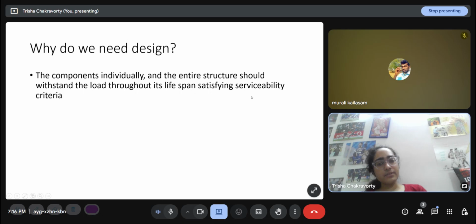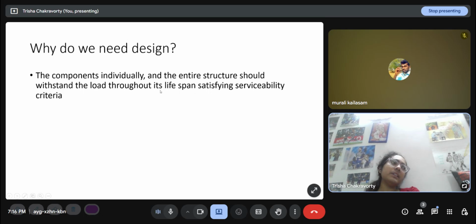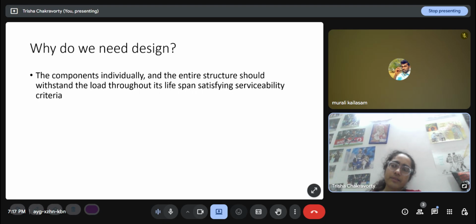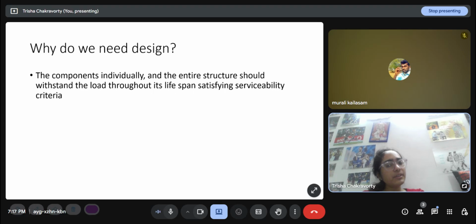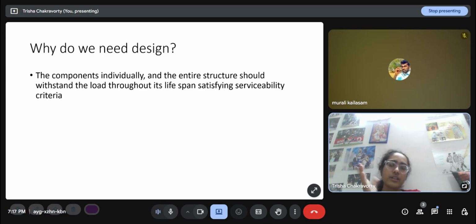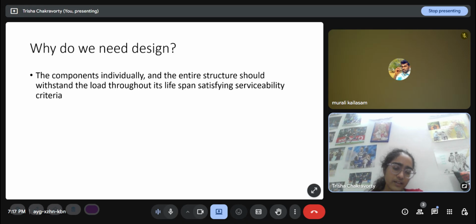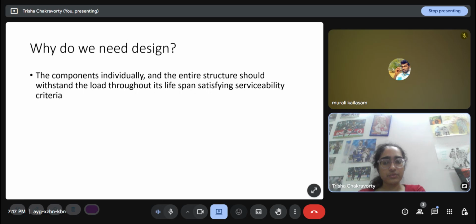So after its lifespan is gone, like 50 years, 75 years, it doesn't mean that you have to break down the structure, like pull it down and reconstruct it entirely. But it might need major repair. So we should consult a structural health monitoring engineer to see. They will carry out tests, like the hammer test and the UPV, ultrasonic pulse velocity test, to check the health of the structure. So that should be done after the lifespan is over. And even before, if it shows some signs of fatigue or deformation, we might need to consult an SHM engineer. But after a lifespan, we must do that.